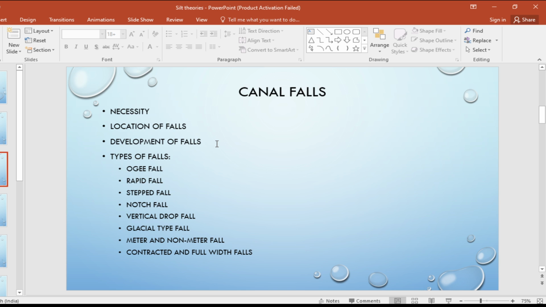Now जो ancient people थे, they tried to avoid the fall, and they aligned the canal in a zigzag route, in order to increase the length of canal. और लेंथ इंक्रीज एंड zigzag मैनर में कैनाल अलाइन करने की वजह से क्या होता था कि एनर्जी डेसिपेशन ज्यादा होता था।